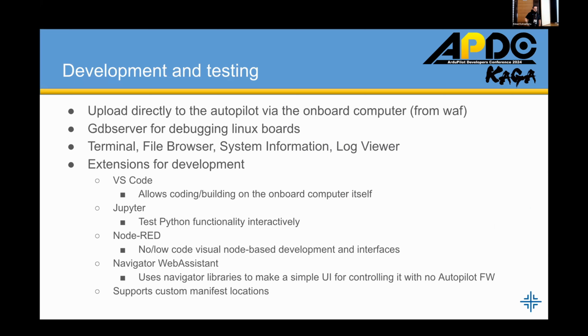Okay, and how does BlueOS help with development and testing? So you can now upload it directly to the autopilot, also remotely from WAF. You can just do /WAF --upload BlueOS, I think. It has a GDB server built in, so if you're doing Linux, which all the cool kids are, you can easily attach GDB and debug. It has a terminal, a file browser,